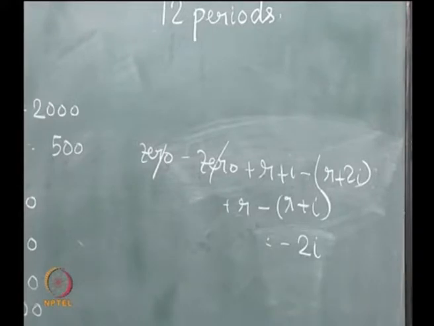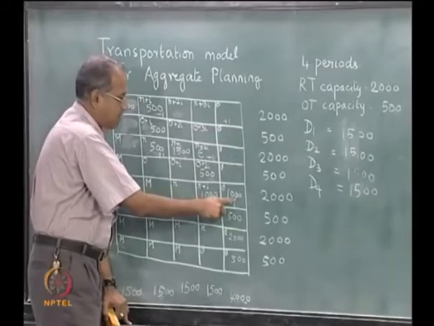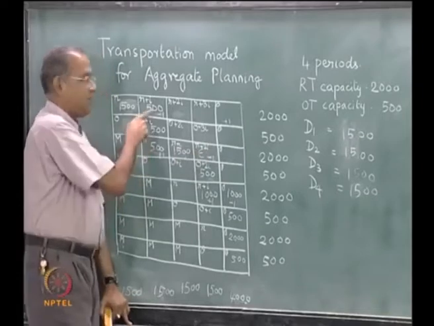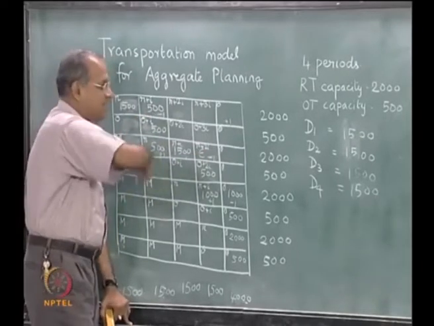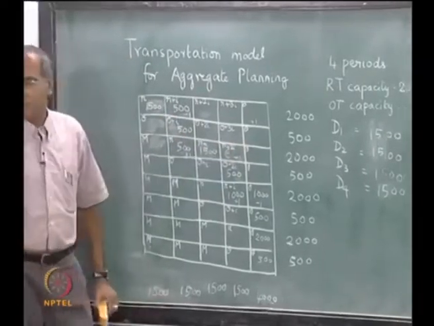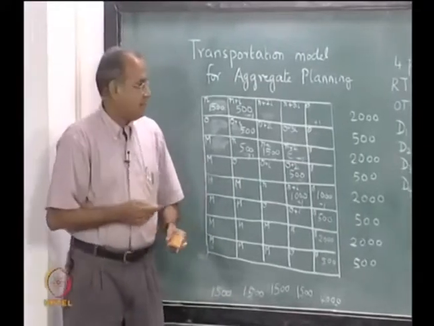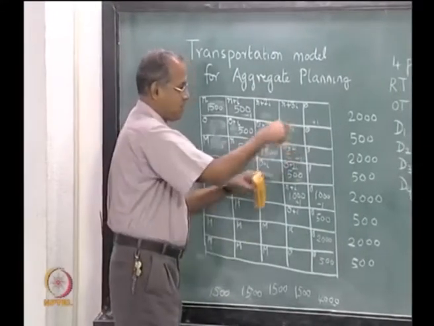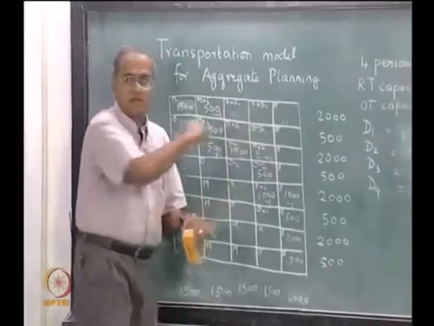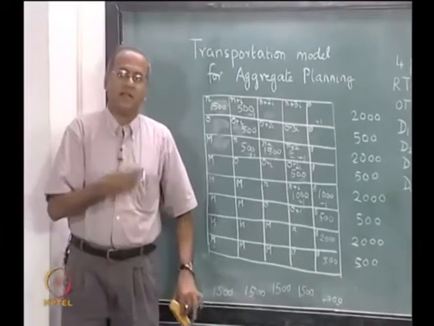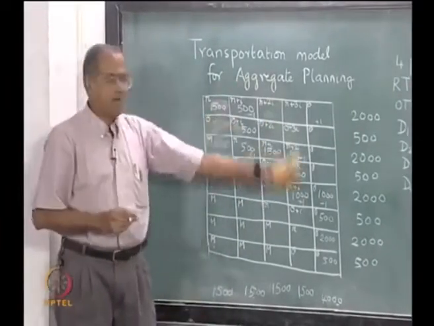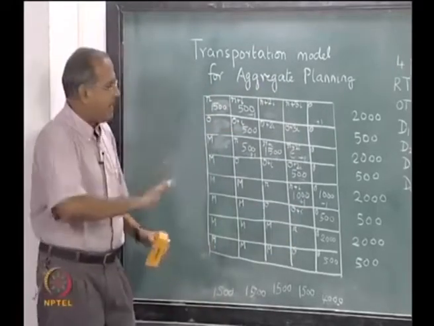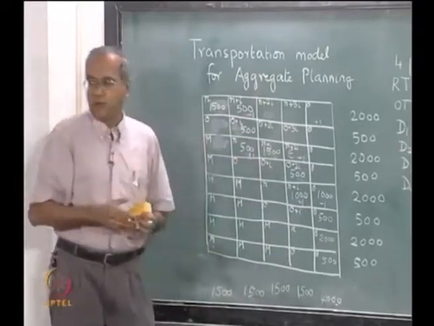So, what we try to do is we try to put the maximum possible here. So, it will become plus theta minus theta plus theta minus theta plus theta minus theta, and then we realize that theta will become epsilon because of degeneracy. So, this becomes theta minus epsilon. So, the epsilon will shift from here to here and so on. We know how to proceed in a transportation problem by doing this. The basic idea is we try and solve the transportation problem.